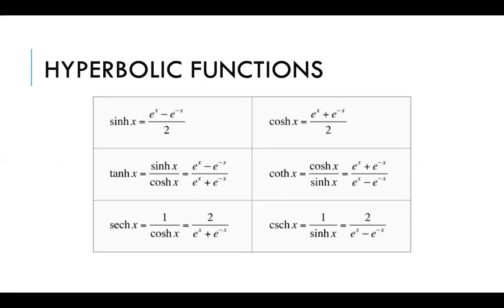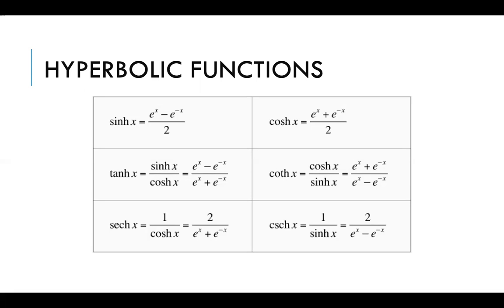So we have hyperbolic sine, whose symbol is sine with an h at the end. Hyperbolic cosine, whose symbol is cosine with an h on the end. And define all the other hyperbolic functions similarly as trigonometric functions with just the h at the end of their